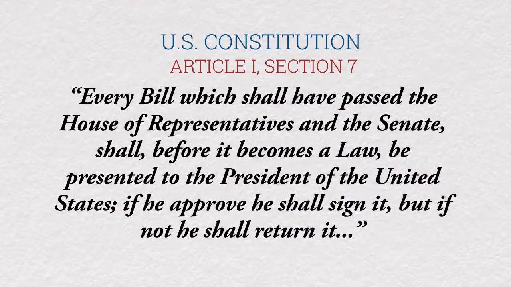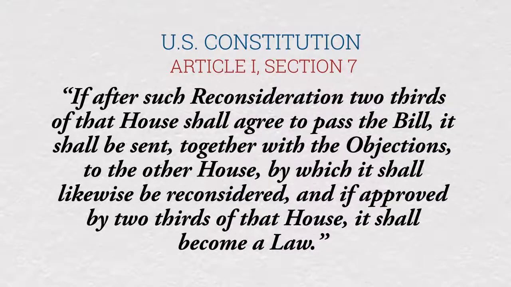Back to the legislative process. Once a bill passes both houses of Congress, it goes to the president for signature or veto. If the president signs it, it becomes a law. If he vetoes it, it goes back to Congress. Congress can override the veto. It can make the bill a law without the president's consent if it can get a 2/3 supermajority vote in each house. And of course, remember, the courts are also going to weigh in.